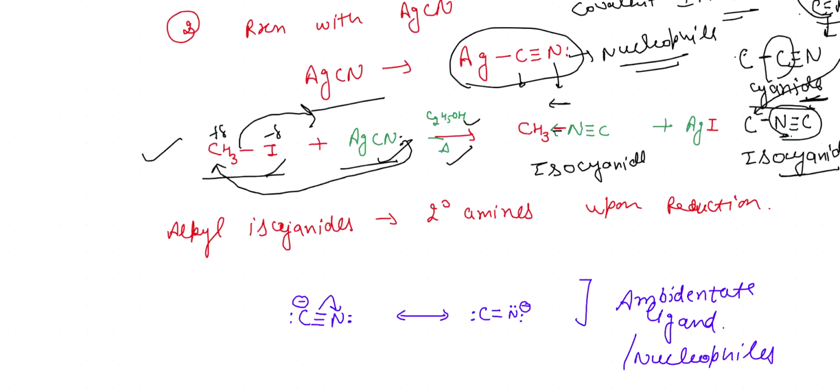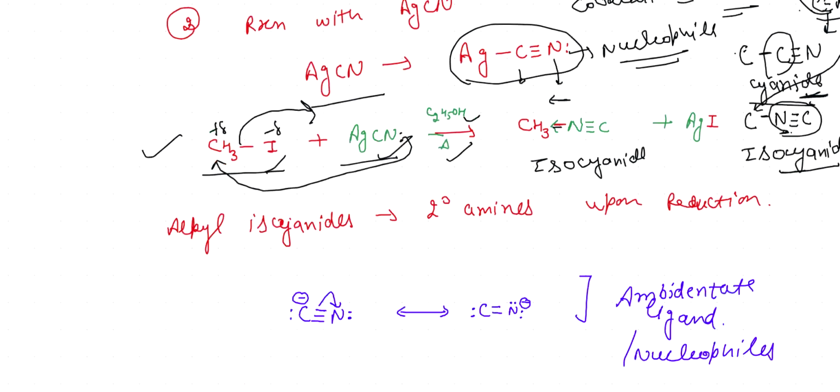Alkyl isocyanides further can also undergo a reduction reaction. When subjected to a reduction reaction, it will furnish secondary amines. So you can get secondary amines from isocyanides. Clear? So why, in case of silver cyanide, is the product isocyanide? It is due to the covalent nature of these compounds. So the metal wholly affects the fate of the reaction,